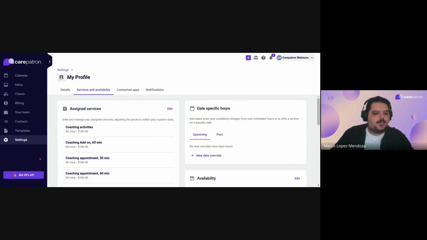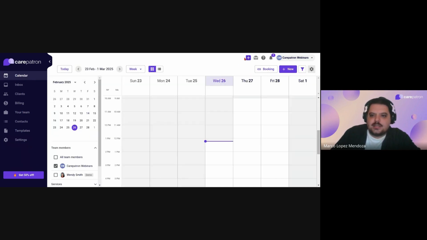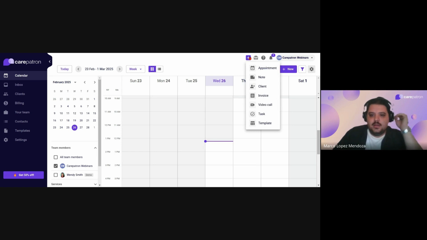So that was the last little piece of settings that I wanted to share with you guys. Now, before we continue with the calendar, I wanted to direct your attention to the navigation bar up here, guys. This is our newly released navigation bar. It's an easy way for you guys to move around and create events or any of the other tools and capabilities that we have right here, which we'll go over together in a second. So if you click on Quick Actions,